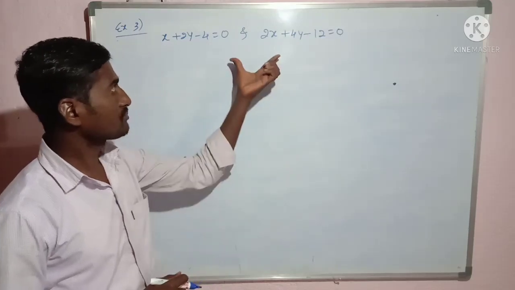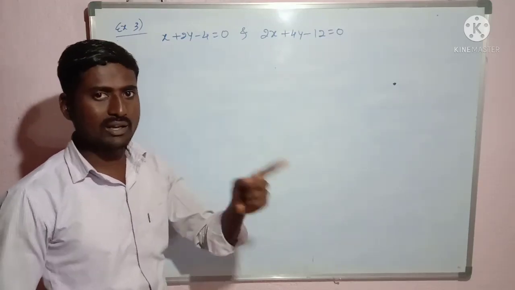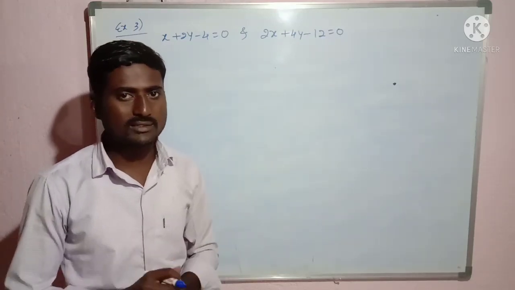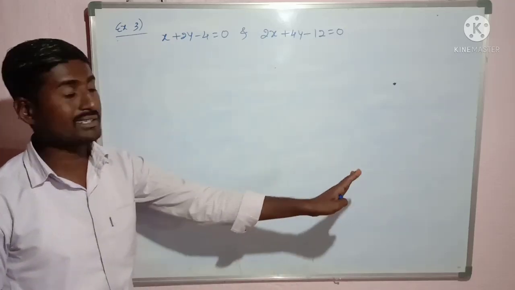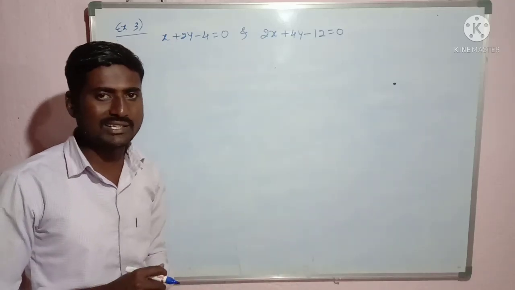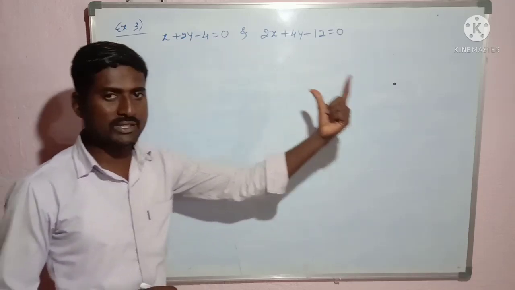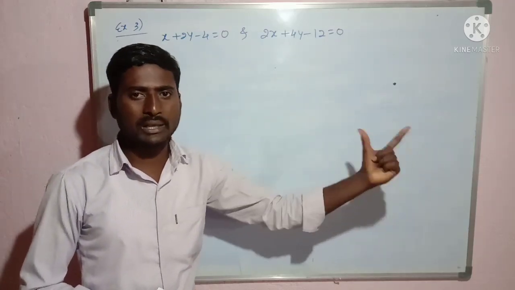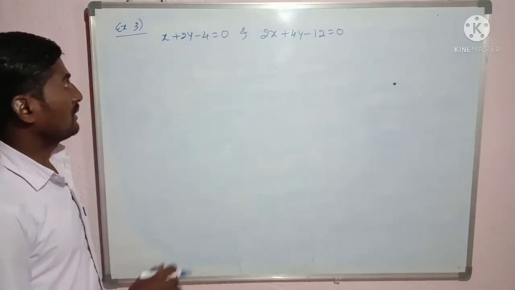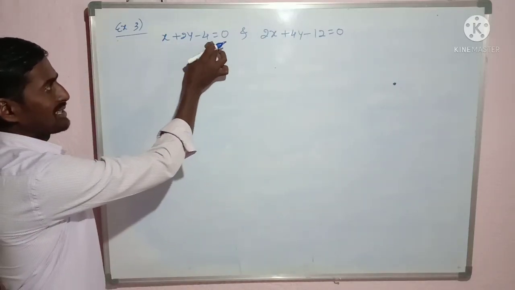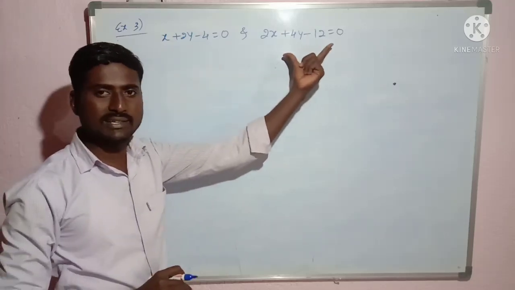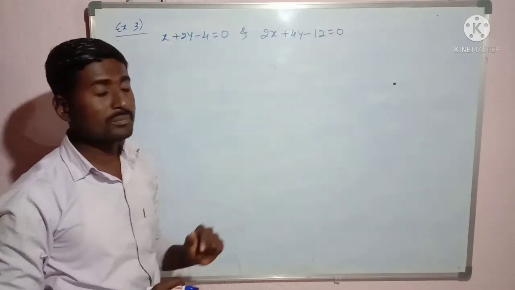So this is one question they will ask in the examination for 4 marks. Okay, this is very important. Graphical representation of a pair of linear equations. They gave a pair of linear equations. We have to represent geometrically or graphically. So this is of the form ax plus by plus c equal to 0. Here also it is ax plus by plus c equal to 0.